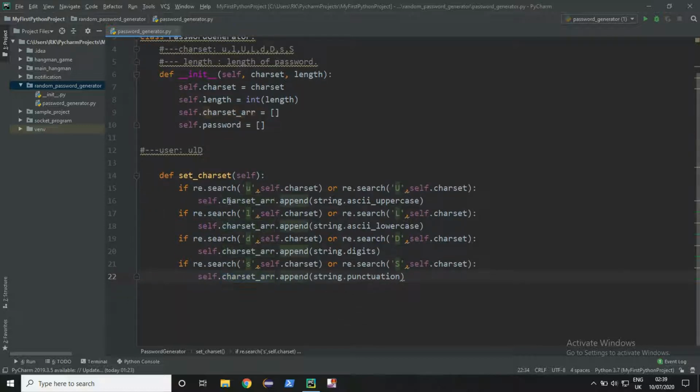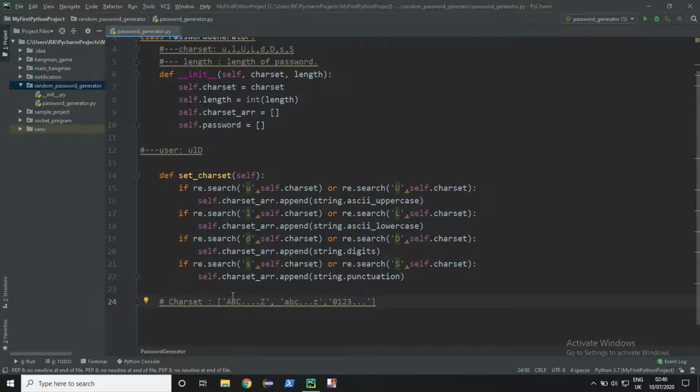Now if the user has chosen ULD, that means uppercase, lowercase and digits, here the charset will be uppercase alphabets, that is A, B, C up till Z, lowercase alphabets, that is a, b, c up to z, and similarly for digits it will have 0, 1, 2, 3, like that.